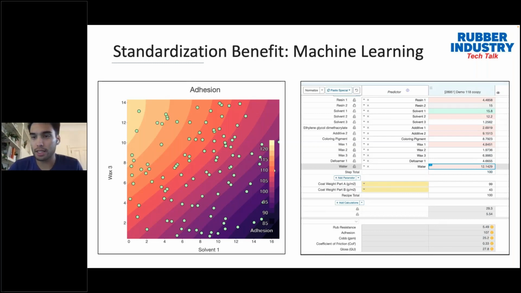The reason I show this as the last piece of the presentation is because the first problem that needs to be solved is, how do we get everybody collaborating in a single source of data entry? How do we get people out of spreadsheets? And how do we get everybody to, like I said, contribute to their organization's machine learning models' understanding of their formulating space?